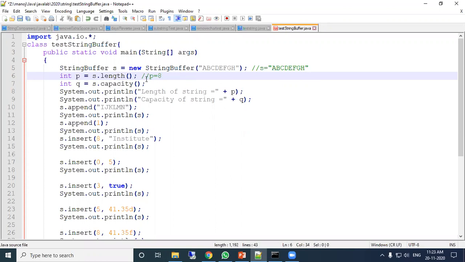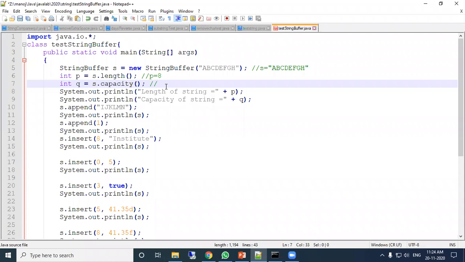Now, int q equal to s.capacity. Because it is a mutable string, the capacity is previously reserved for some space, like your array. After some time, after keeping new data, it automatically extends.